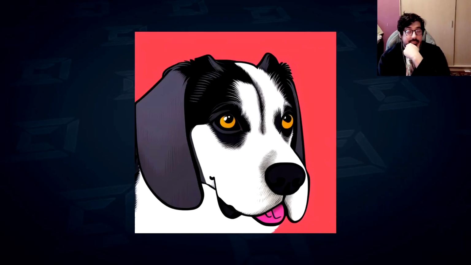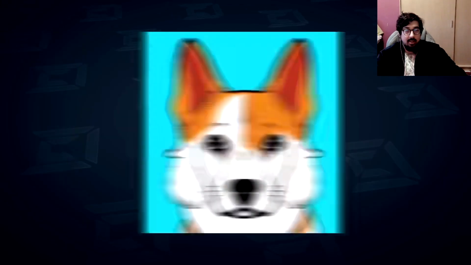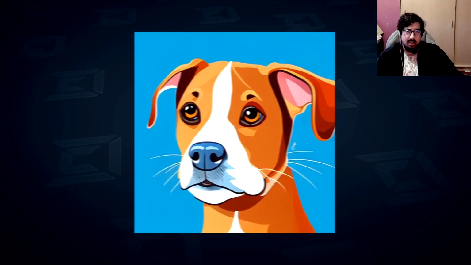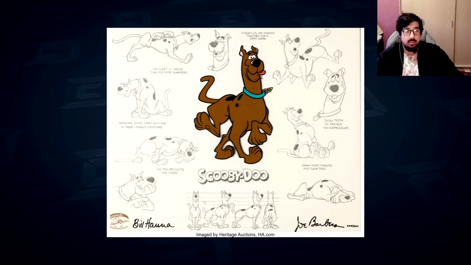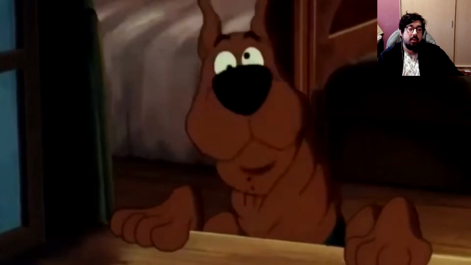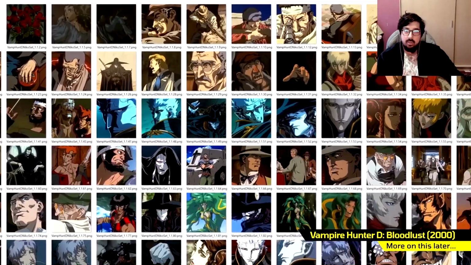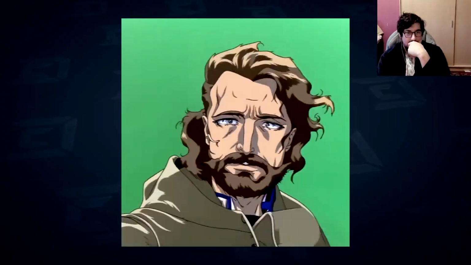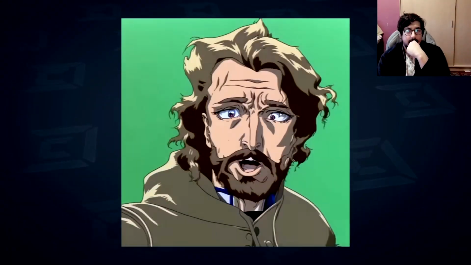Like imagine telling 100 different people to draw a cartoon dog. You're going to get 100 different dogs back. Now imagine giving everyone a character and a style sheet saying, draw a cartoon dog exactly like this. The images are going to look a lot more similar. So we had to train our own model, specifically on only one style that we wanted to replicate. Another big step forward, but it only uncovered another new problem.